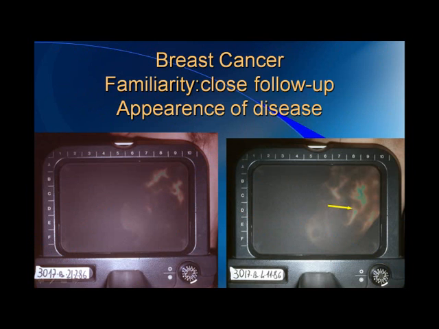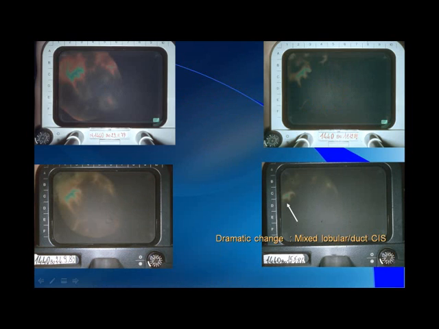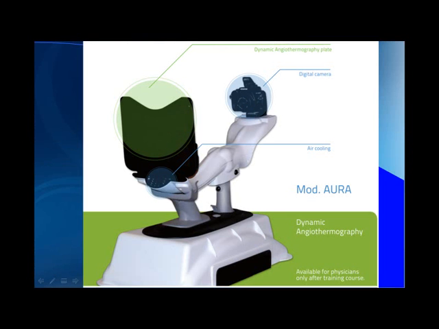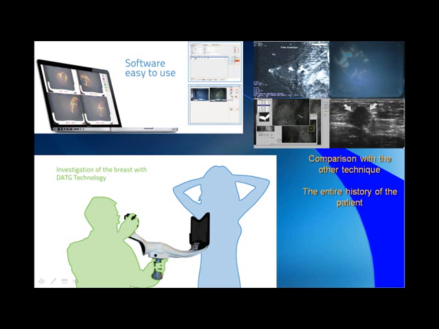Here you can see an appearance, after 8 months, of a new vessel, and it was a carcinoma. From 79 to 85, the images stay constant and change in the last year. It was a mixed lobular and ductal carcinoma inside. Here is the machine with 3 plates and higher cooling. The visit is in this way, and this software is easy to use and compare the image to have the history